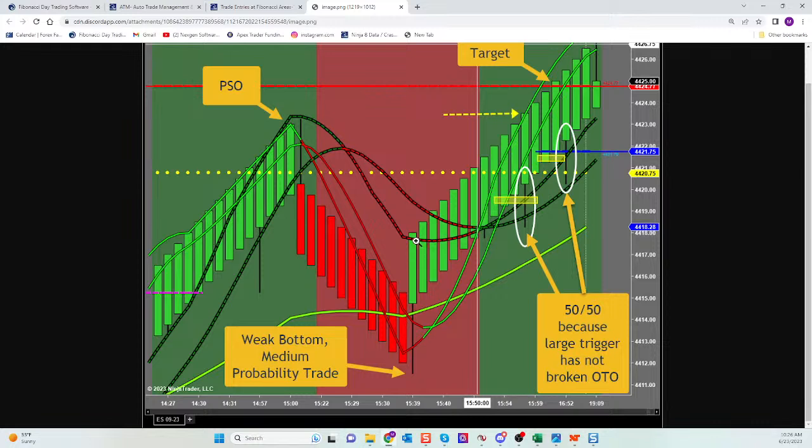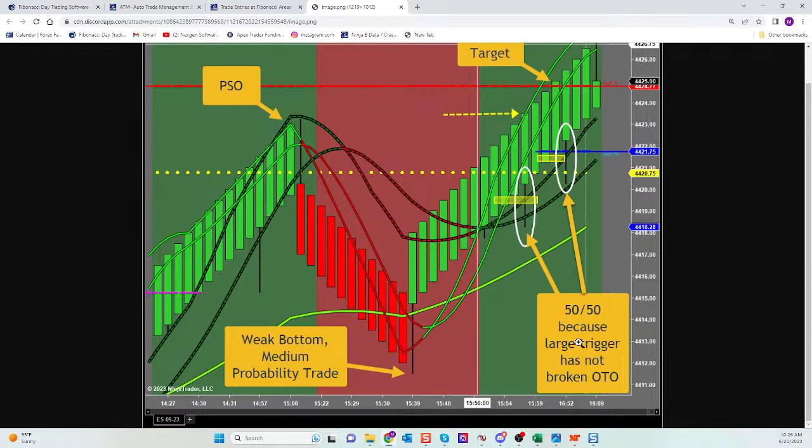And then we also had that gap theory in play. So not doing anything right here is perfect, right? And then the market comes off of that mid band, which holds. The small triggers get above the large triggers. The large triggers are wide. And the small triggers are above these 1-to-1s, but the large triggers are not, which means 50% of my triggers are above, 50% are not.